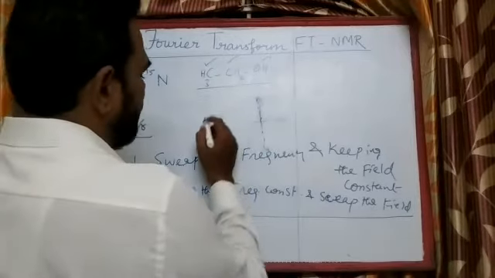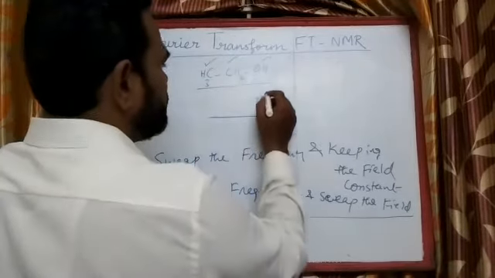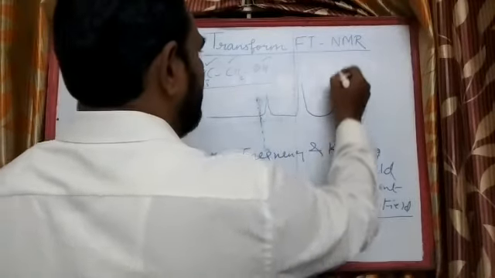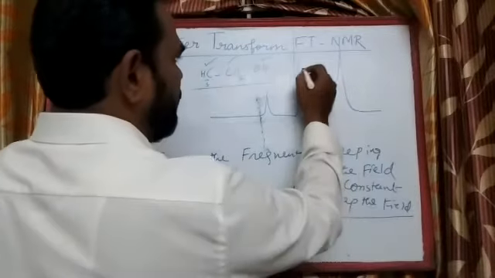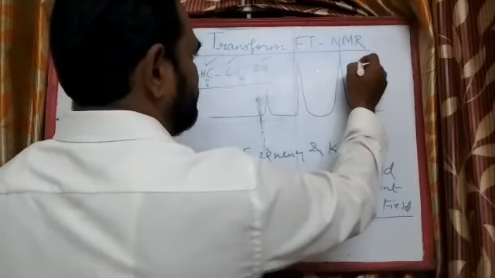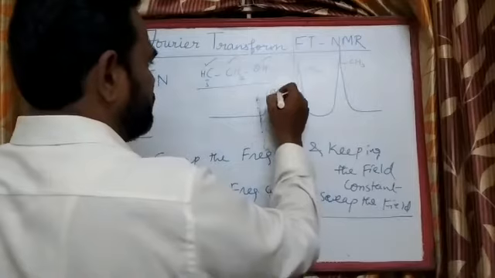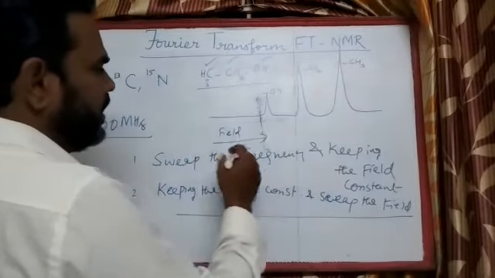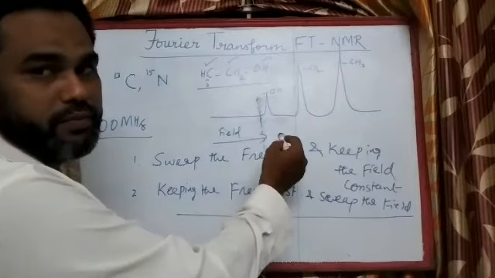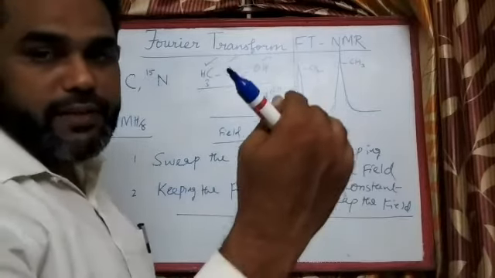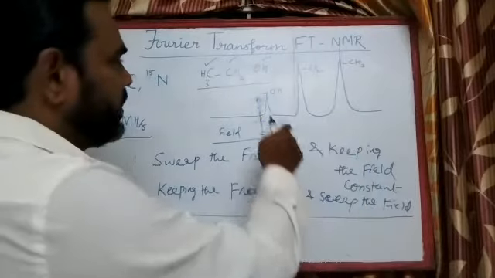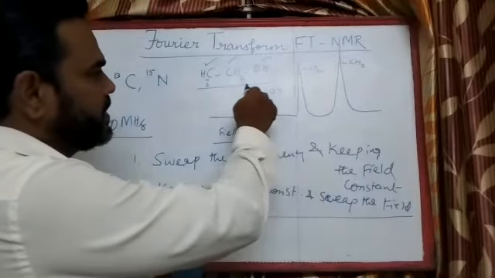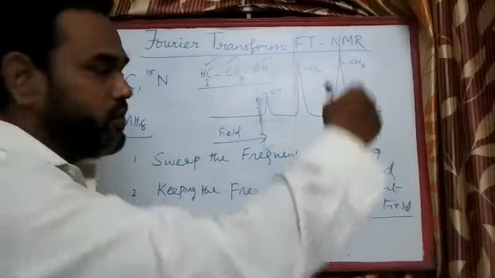So upon increasing the field, at first the hydroxy proton starts to resonate and you get a signal, and then the next de-shielded is the methylene proton, it starts to resonate,